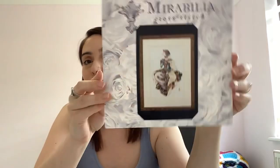So I bought some Mirabilia patterns with some birthday money last time. I showed them to you last time. And then what I do if I can't find a pattern, if it's out of print or difficult to get your hands on, I save a search on eBay, and they notify you when something comes up for sale. So I managed to get Autumn Queen